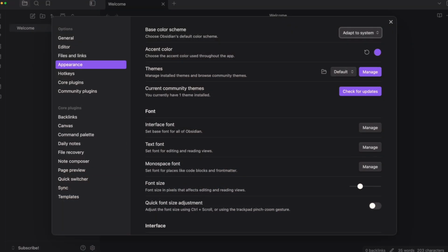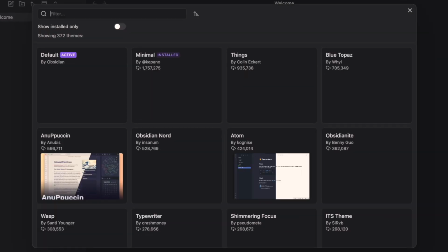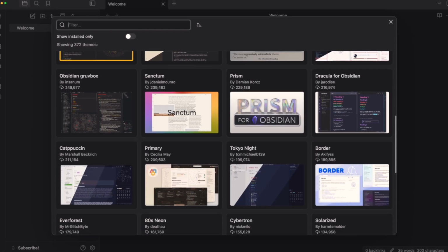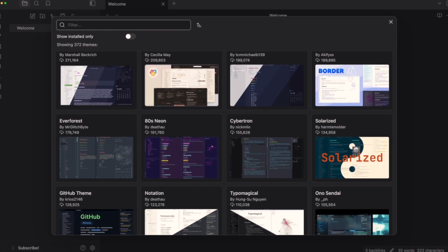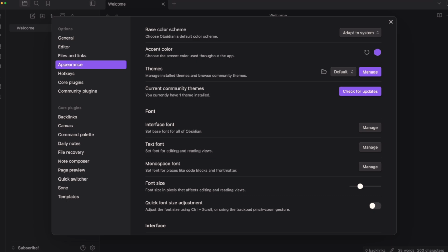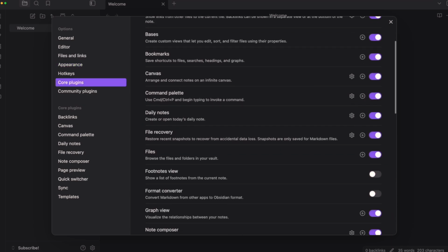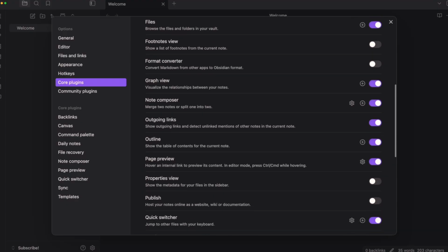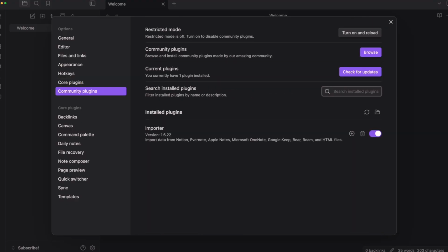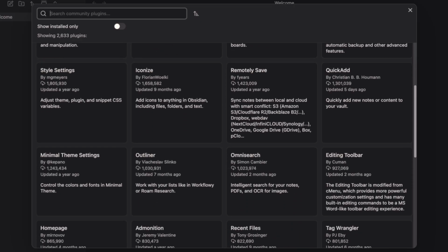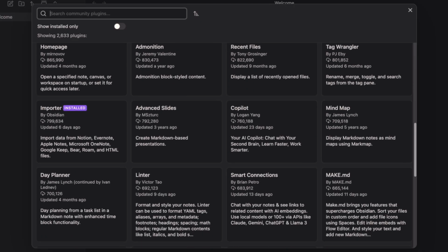We can change the appearance of Obsidian through all of the different community themes that are available, or even by customizing the base CSS of Obsidian. And we can add and improve functionality of Obsidian both through its own core plugins that we can disable, enable, and customize, and through the community plugins that we can download and customize and use as we see fit.